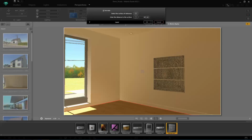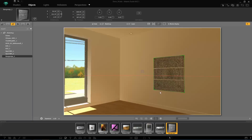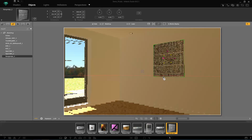into this field. Now I can align the frame to this laser line the way we already know from previous versions. While we are in the Object Inspector, we grab the lower green edge of the frame, and by holding down the Shift key on the keyboard, we make Artlantis detect the laser line and make the alignment. Now I can be sure that the lower border of the frame is really positioned at 1 meter from the